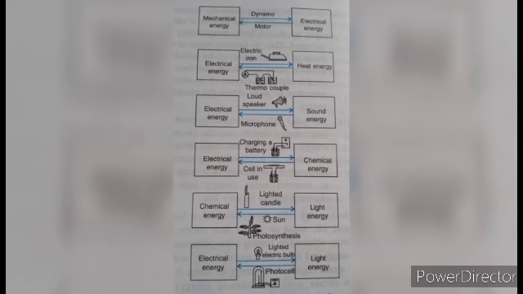Now, you should also know different forms of energy, like solar energy, heat energy, light energy, chemical energy, hydro, electrical, nuclear, geothermal, wind, sound, magnetic, mechanical. Okay. And there are some conversions, like a dynamo. A dynamo converts mechanical energy into electrical energy, and a motor converts electrical energy into mechanical energy. So there are a lot of such conversions, and I hope you will learn all of them.